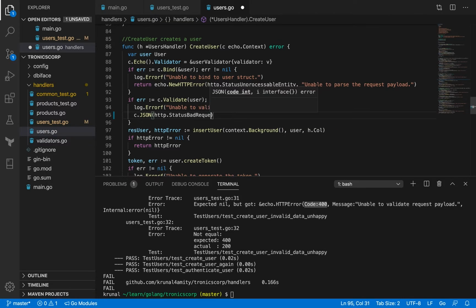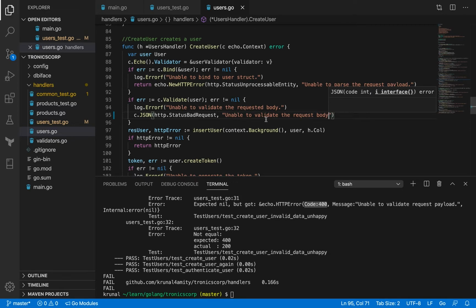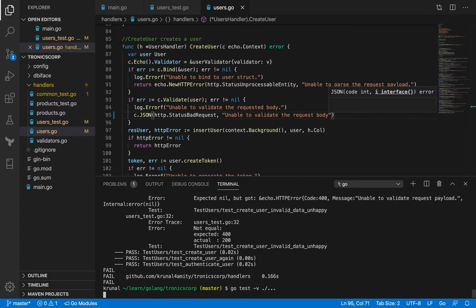So when you use c.json, it is actually filling up the response, right? So that's why we use that. And I'm just going to type here unable to validate the request body. That's my message. Okay. Now when I click save, when I execute it,